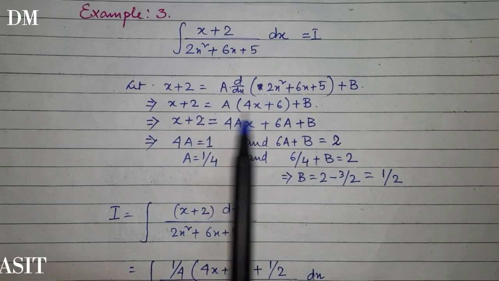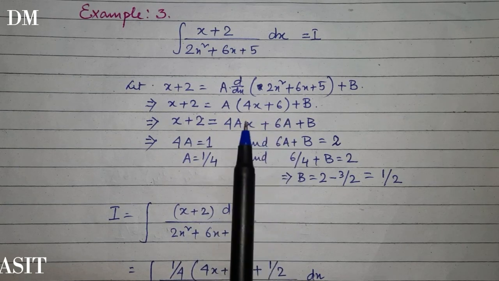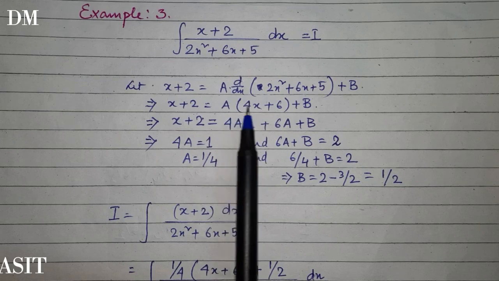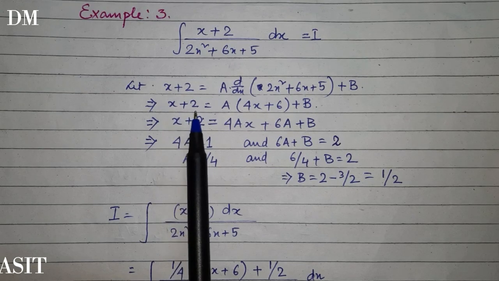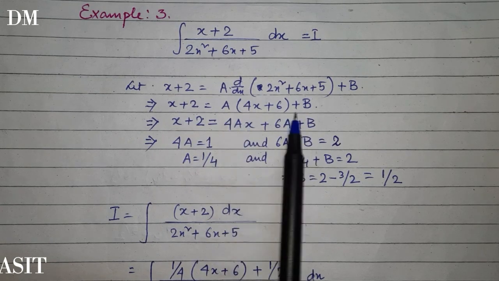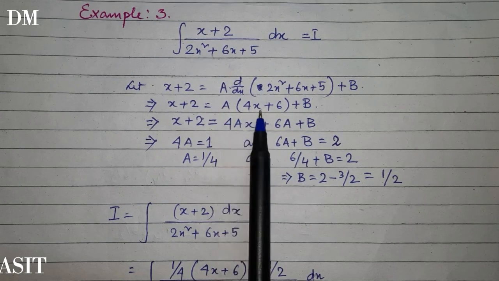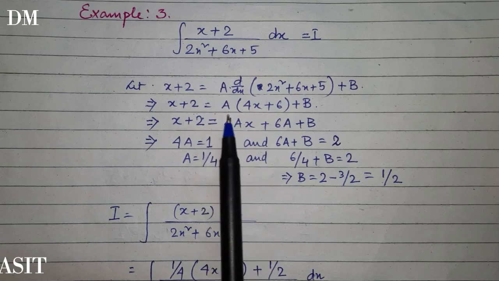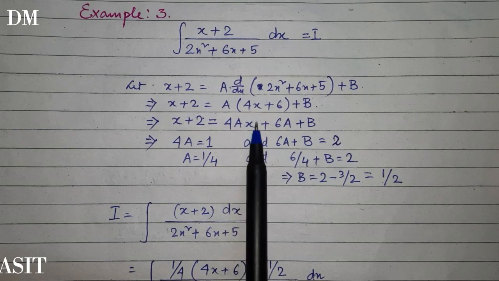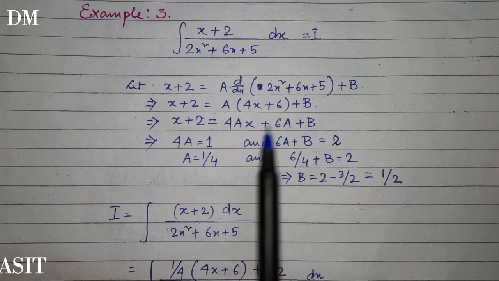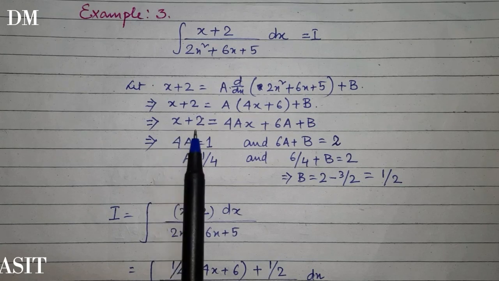So after that, what should I do? I will compare the terms or compare the coefficients of the terms. But before that, let me write in this format. This is actually px plus q format. We also need to write this expression also px plus q properly. So how can I write? We can write a into 4x means 4ax plus a into 6 means 6a and plus b. Now we have this in proper px plus q term. This is p, this is q. Here also the p is 1 and q is 2.